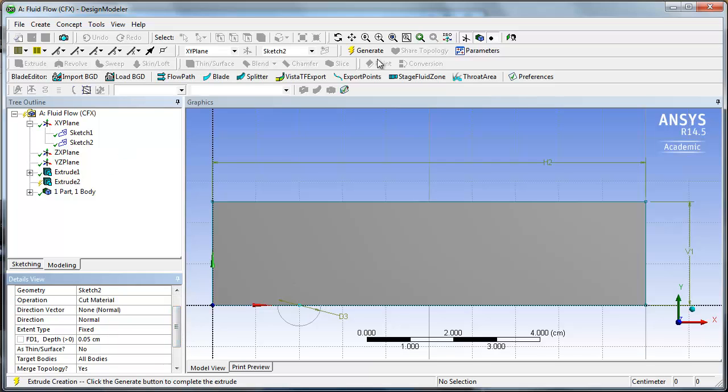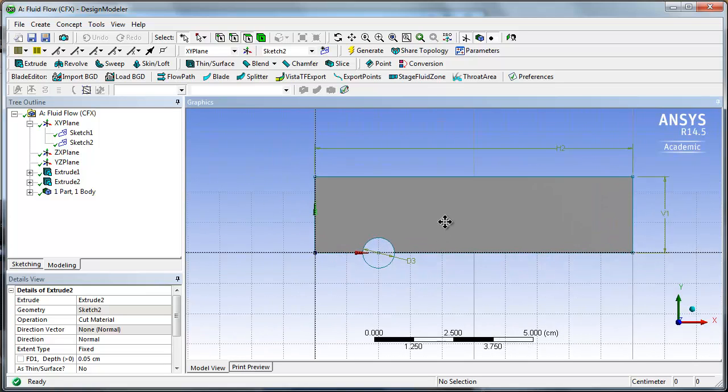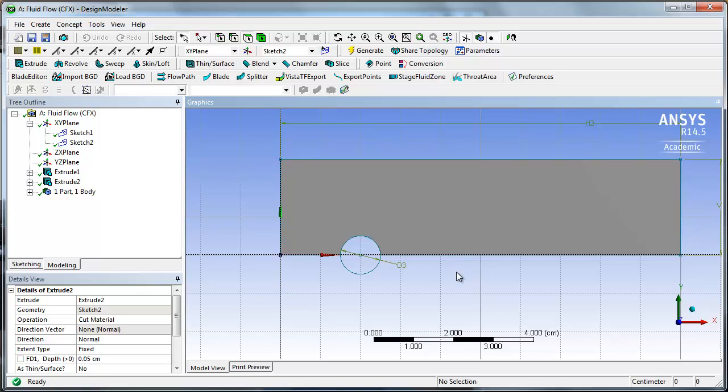I have the lightning bolt symbolizing now I can generate that. And you see that I've subtracted that from my fluid domain. So now I have a region in which I can model fluid flow symmetric about the top half of my cylinder. At this point, it would be very helpful to go ahead and establish some boundaries for later identifying my